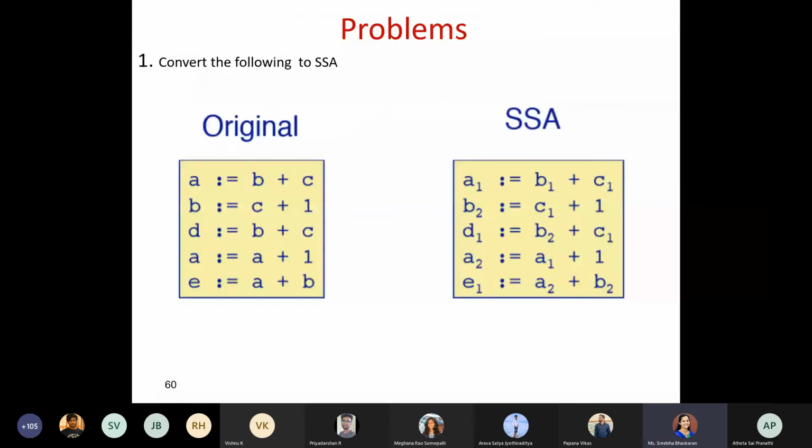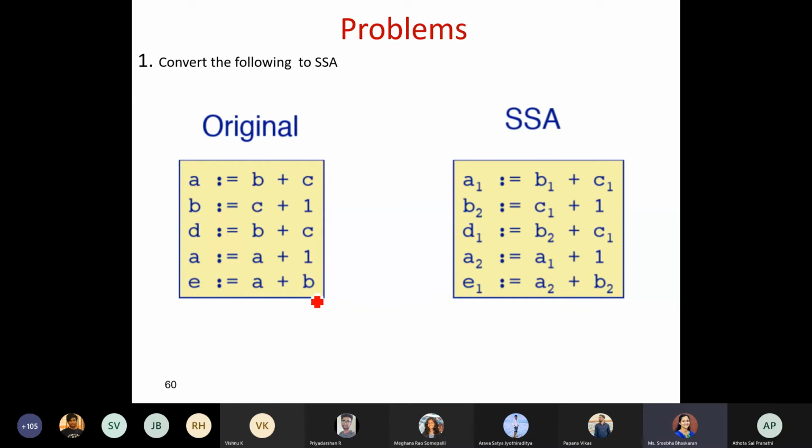So we'll see a few more examples just to make this SSA part clear. In SSA, the first thing is that, based on the variables, the temporary variable values are nothing but the sequence order. Here is the original code: A equals B plus C, B equals C plus 1, D equals B plus C, A equals A plus 1, E equals A plus B. Okay.